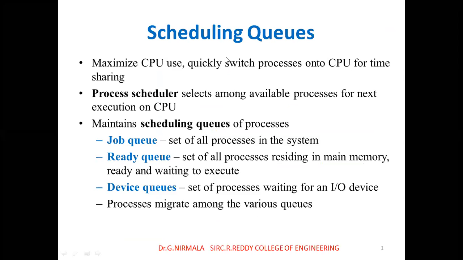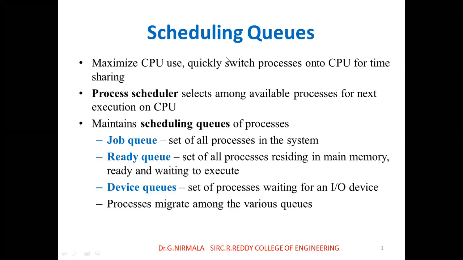In the previous session, we discussed process concepts like how to create the process, various entries in the process control block, and the state transition diagram of a process. We have the 2-state, 3-state and 5-state diagrams. Then process operations. We mainly focused on 4 operations: process creation, process scheduling, process execution and termination. Those are the various operations.